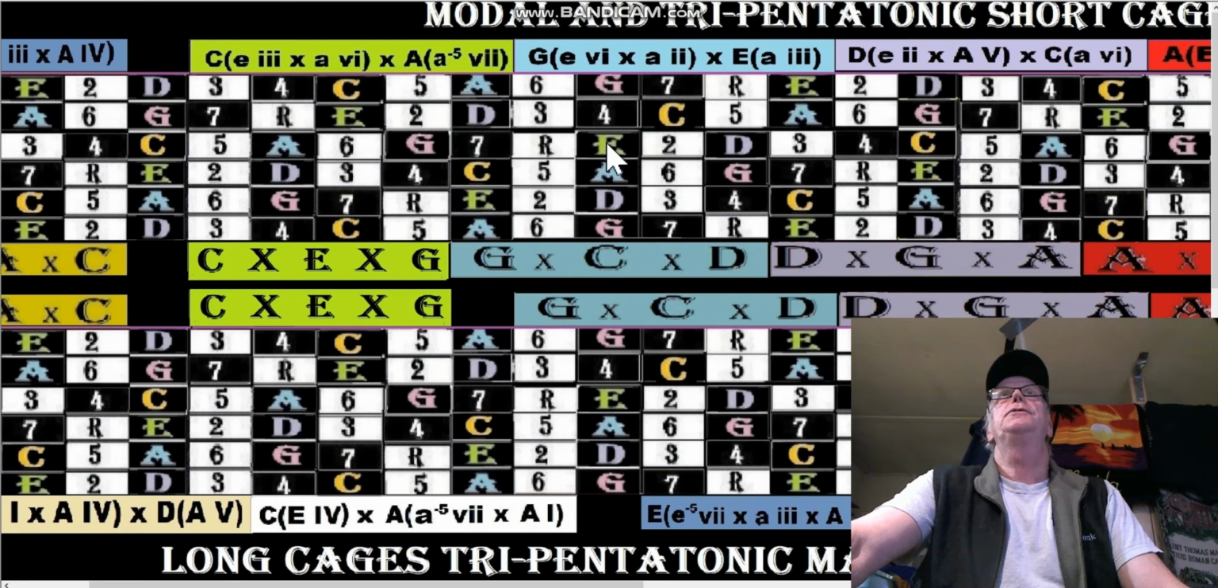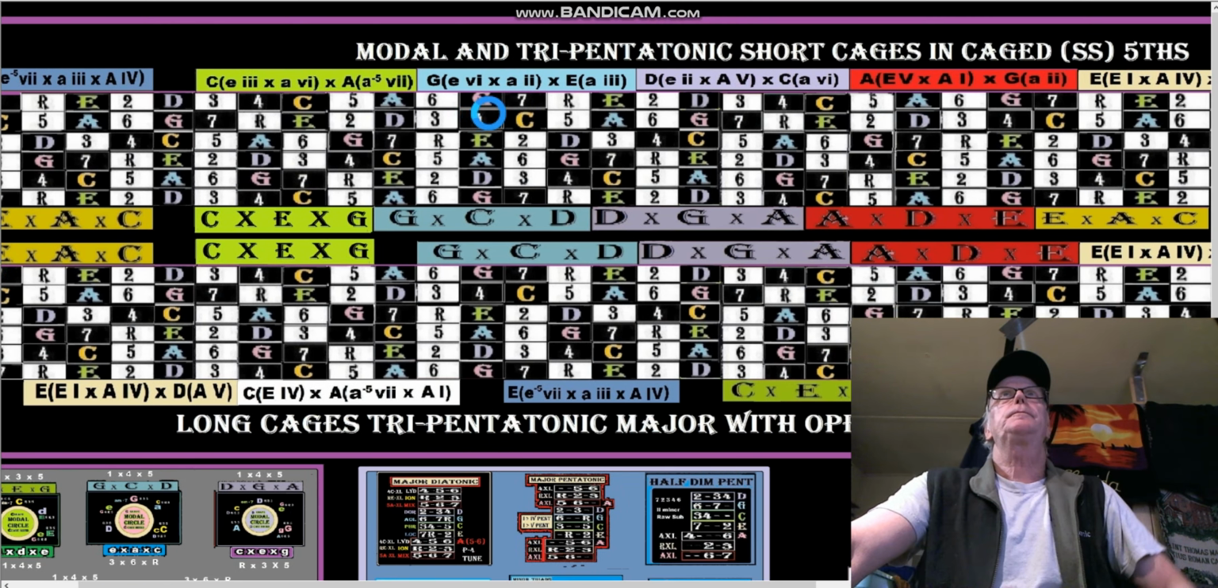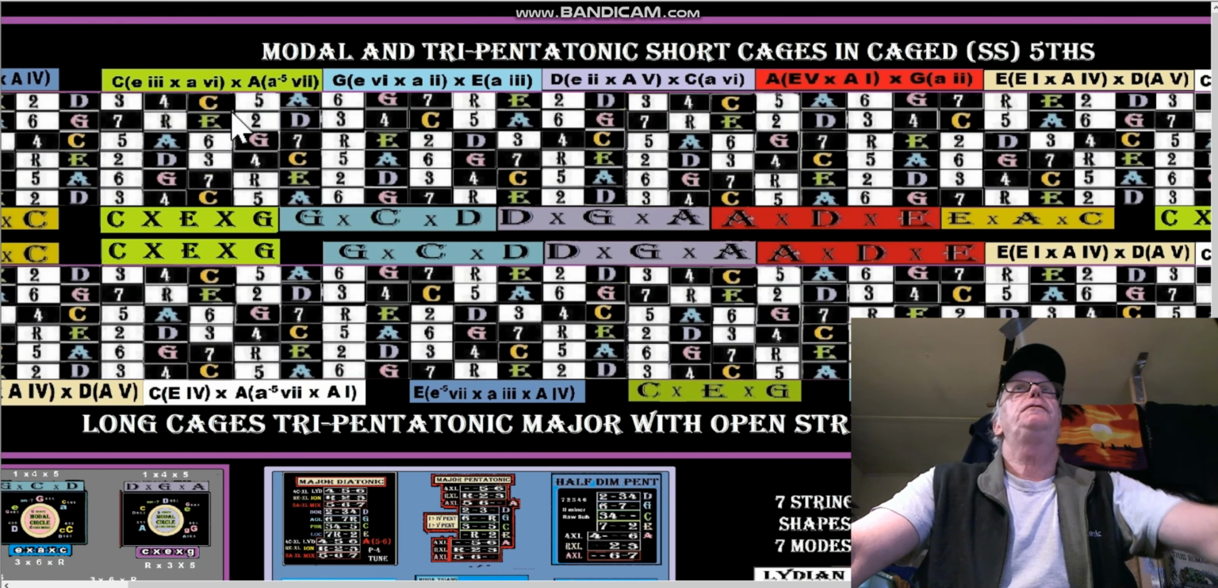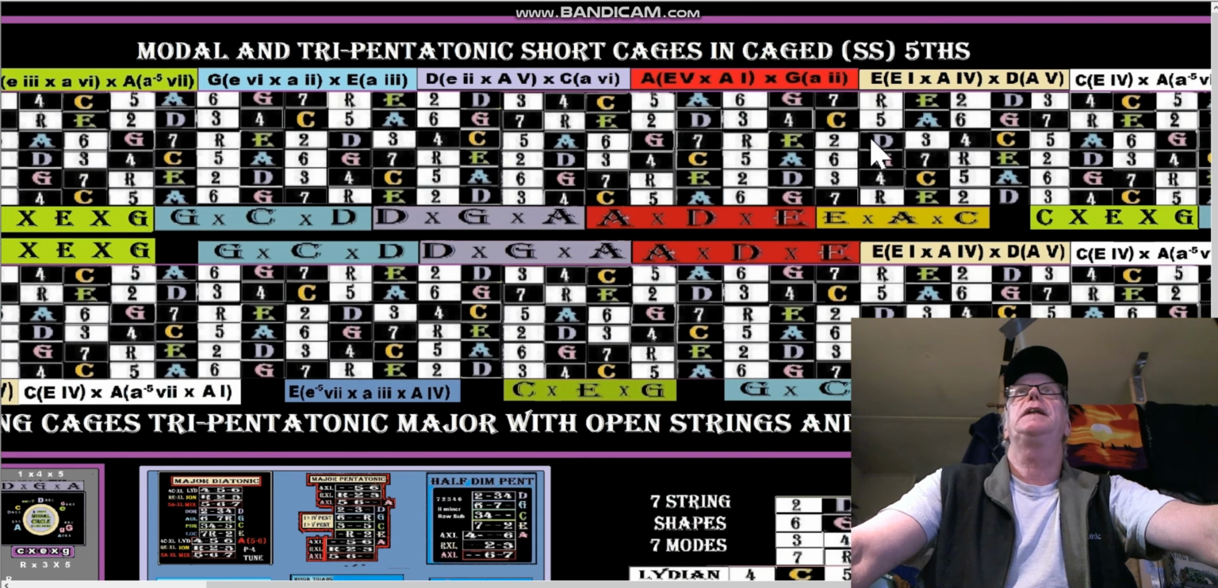So let's zoom out a minute and see where we're at with this. So they still go in fifths. So the fifth of C is still G, the fifth of G is still D, the fifth of D is still A. But now when we get to that A, we're going to extend that